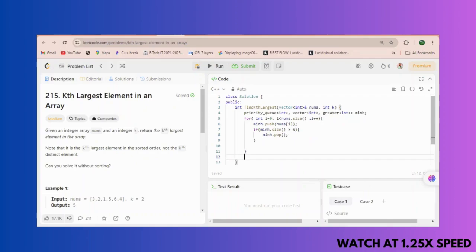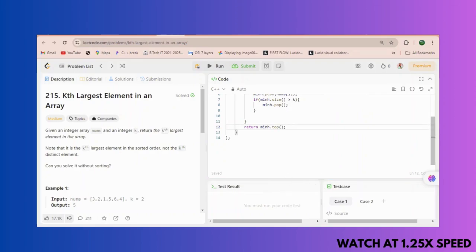And after all this, return minHeap dot top, because the topmost element will be the kth largest element. In this way you're storing your elements in the min heap, where the minimum elements at the top mostly get popped out, and the maximum elements remain in the min heap. So the top element will be your kth largest element here.